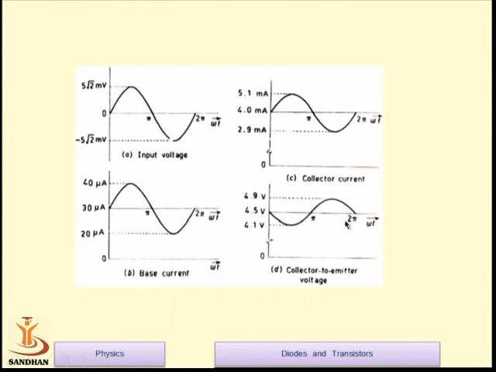Basically, transistors are used in amplifiers and in oscillators, but for oscillator design, for sustained oscillation as per the Barkhausen criteria, your feedback should be positive. If it is negative feedback, then the oscillations will die out, so you need positive feedback. To get this positive feedback there are two ways. One way is to give the output of one transistor to the input of another transistor. The first transistor gives you 180 degrees out of phase and the second transistor again gives 180 degrees out of phase, so the total becomes 360.